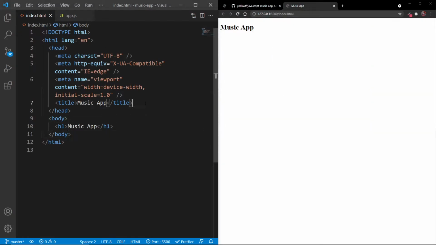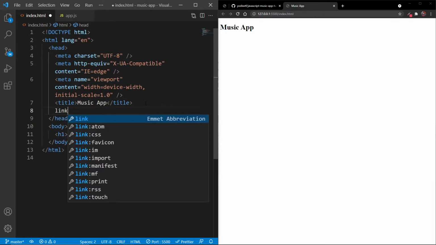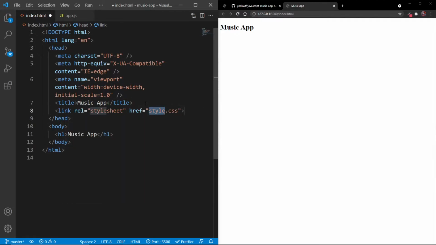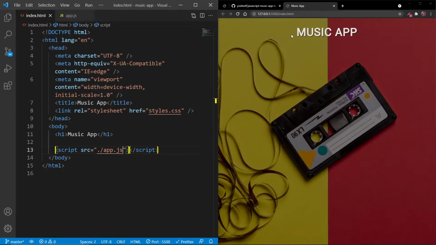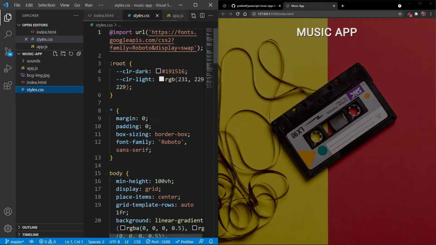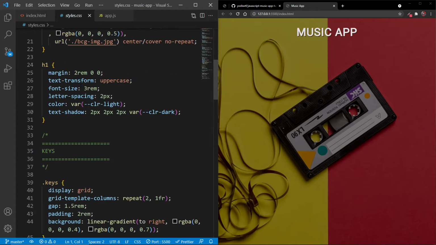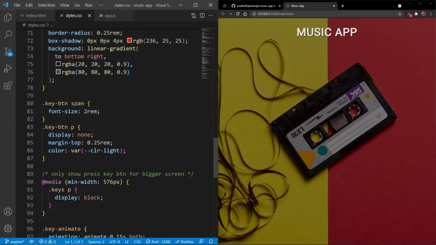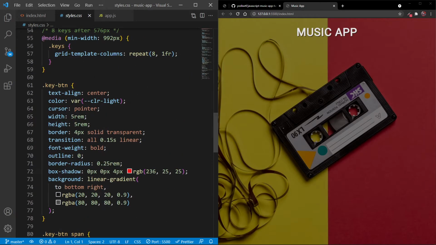Yeah. So now the first thing I will do is link my CSS file here. The name is styles.css, and then also link my JavaScript file. The name for that is app.js. If I save, you will see the background image will be here. You can see, and we have this nice little style for the h1. You can always refer to the CSS. Like you can see here, we have this margin, we have text transform uppercase and so on. So you can check out the file if you want, and if you don't, you can create your own.